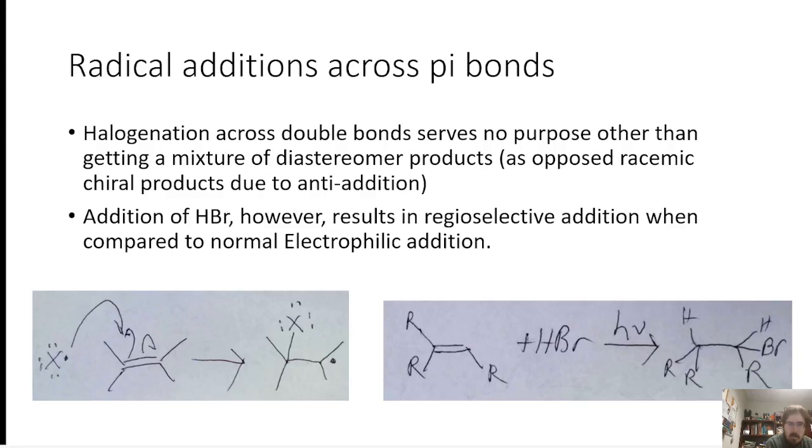Remember, this is square planar in that radical form. So the next halogen can add either from the top or the bottom. However, if you add HBr and use light, you can get a regioselective addition when compared to a normal electrophilic addition. So normally we could add HBr across a double bond, but now